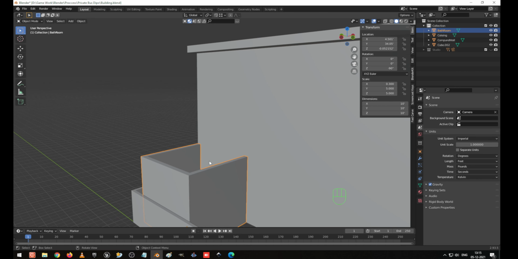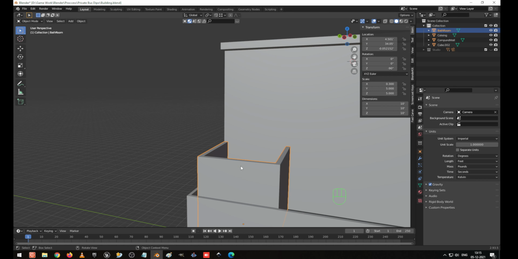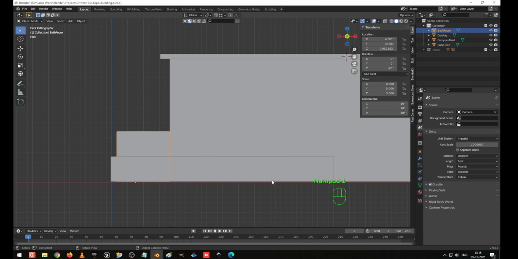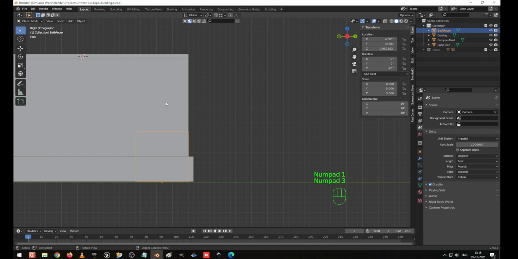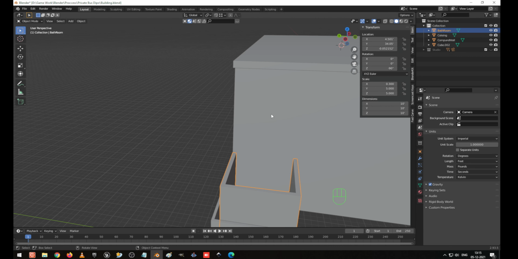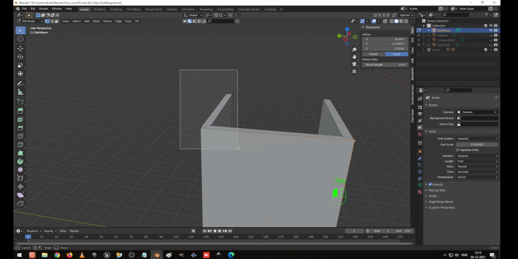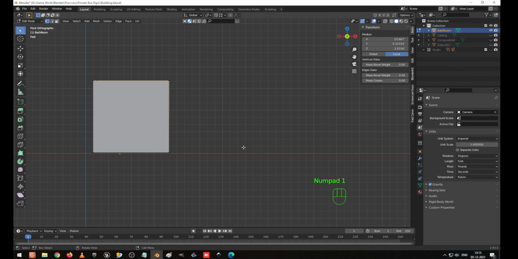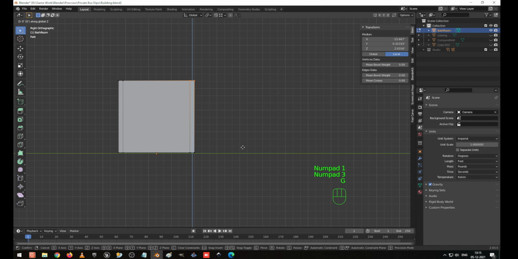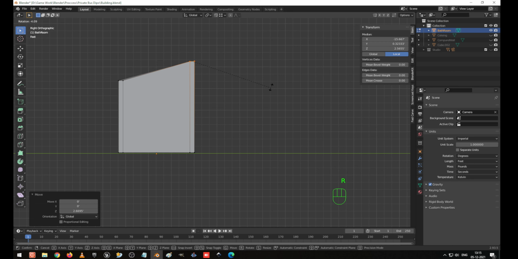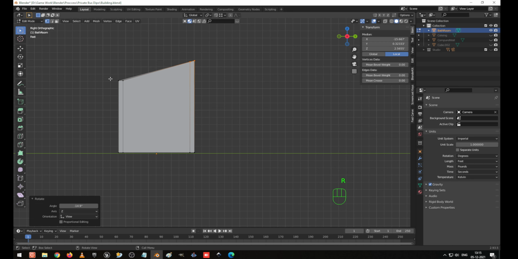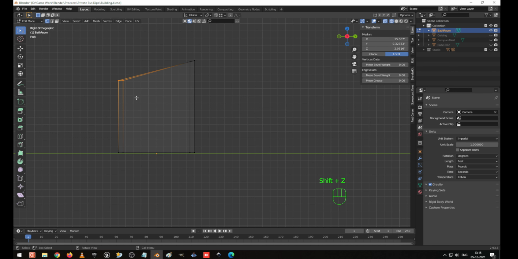I am going to put a small sheet, ASPA sheet we used to say. That's what I am going to put. So for that, what I am going to do is go to side view. I do one thing. I press Shift H to unhide everything. Go to edit mode. Select these three on top. Go to the side view. G Z to move like this, and rotate it slightly like this. Select this thing. Rotate it slightly like this.